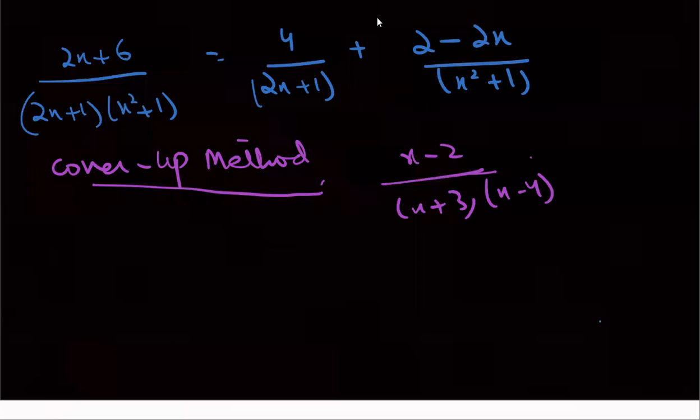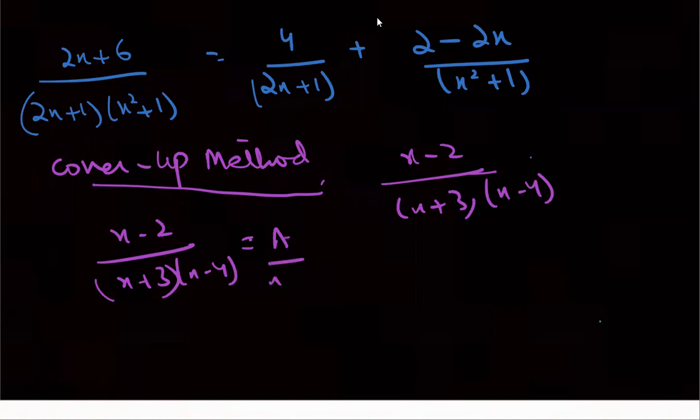For example, we can write this easily: (x minus 2) over (x plus 3)(x minus 4) is equal to a over x plus 3 plus b over x minus 4. Okay. Now in the cover-up method, what we do is, if we want to solve for a,